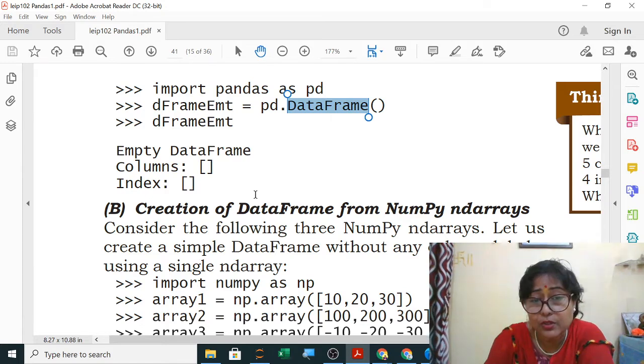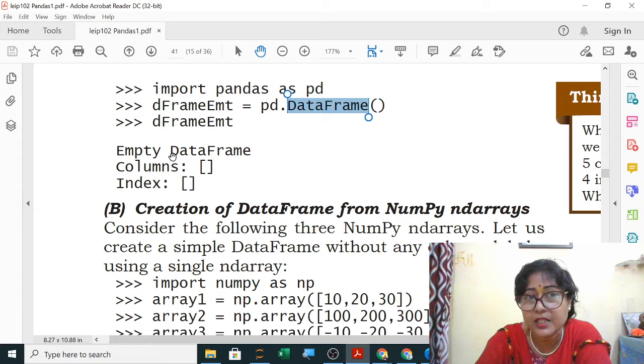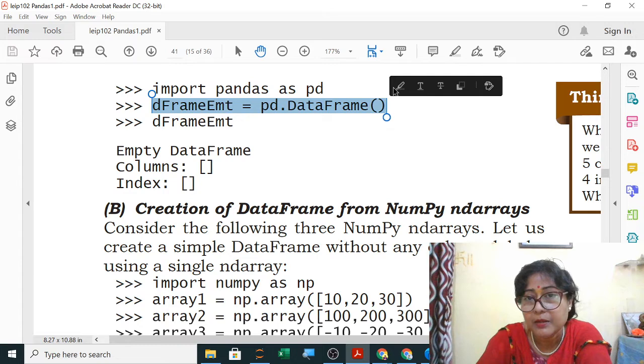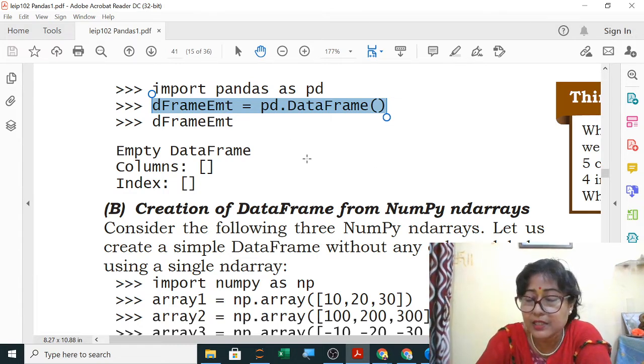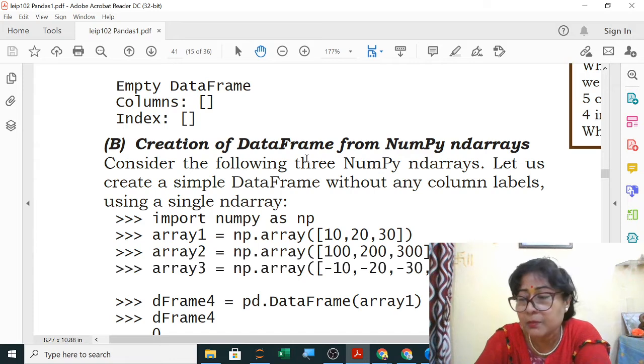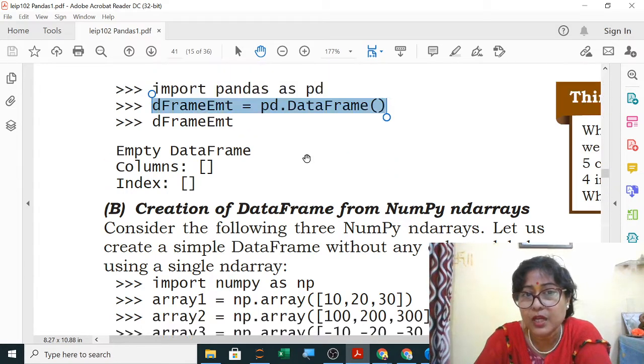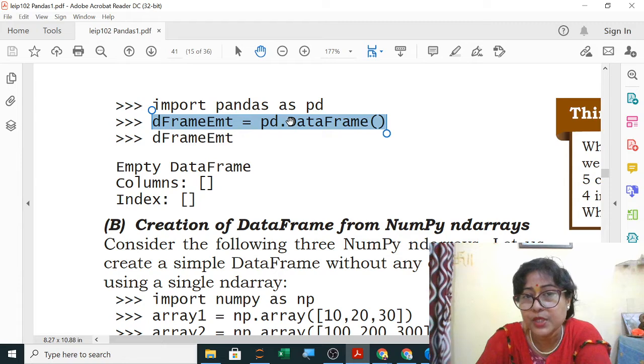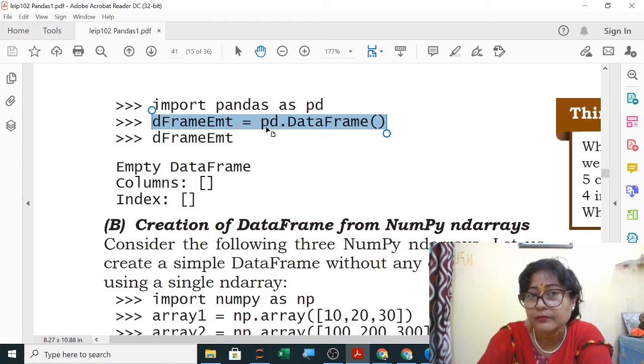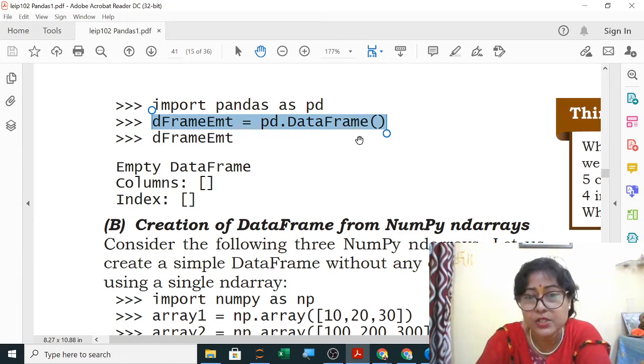As well as I have already told you, 1 mark question will be asked to create an empty data frame. So this line df equals to pd dot DataFrame with empty parenthesis, this we have to write in 1 mark question. Even in MCQ also they will give you the options. Maybe in that option d will be small, f will be small, or instead of pd something else is written. You can write here pandas dot DataFrame also. We have given an alias name pd, so we are using pd. If you write here pandas dot DataFrame, then also it is correct, it is not wrong.